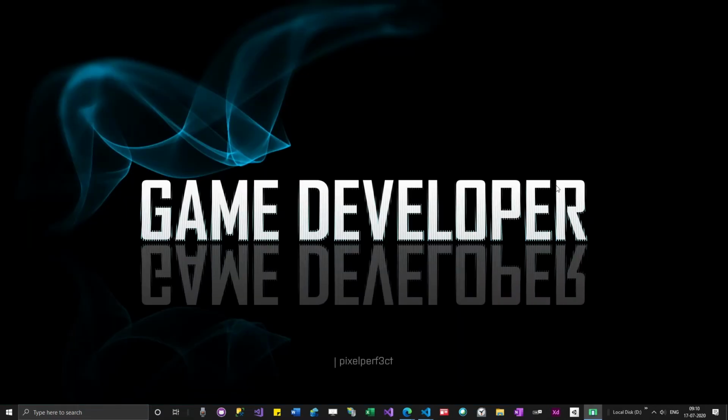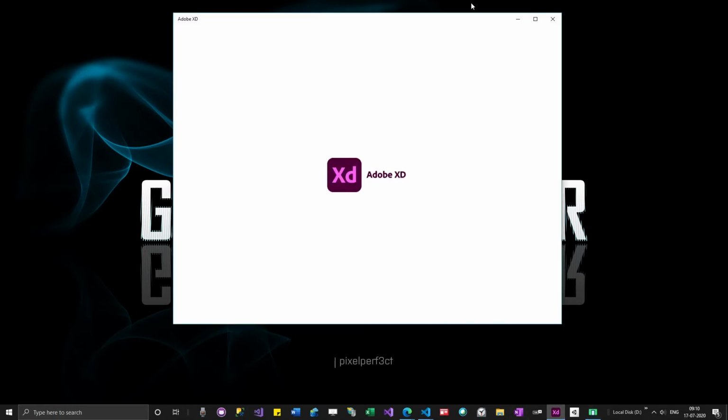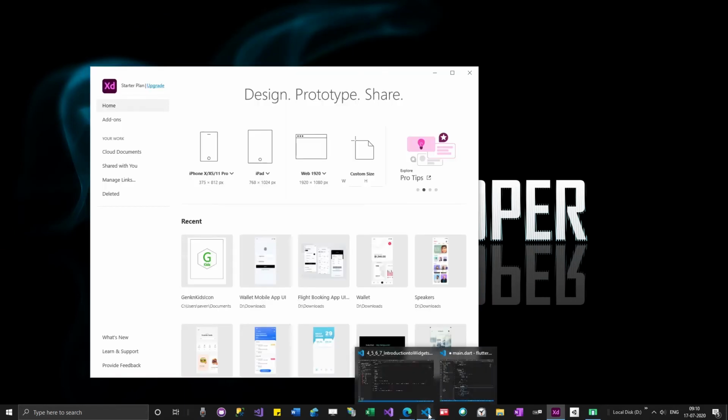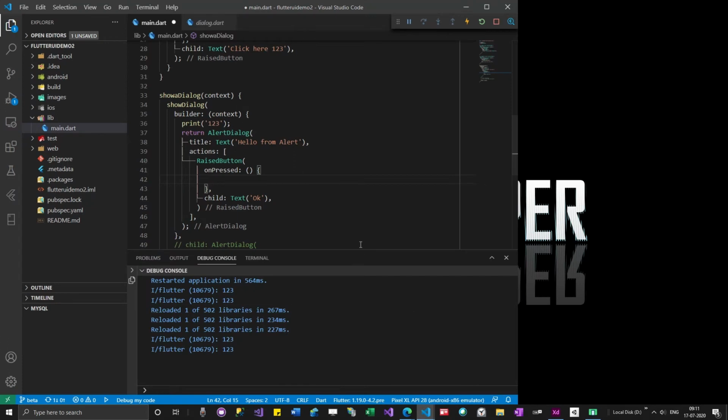The next thing we wanted to look at is Adobe XD. After looking at Adobe XD, one thing I really want to show you guys is navigation, how to move to a new page and come back to the old page. If we are able to cover that in this class, we'll cover it, or we'll do that in the next class also.